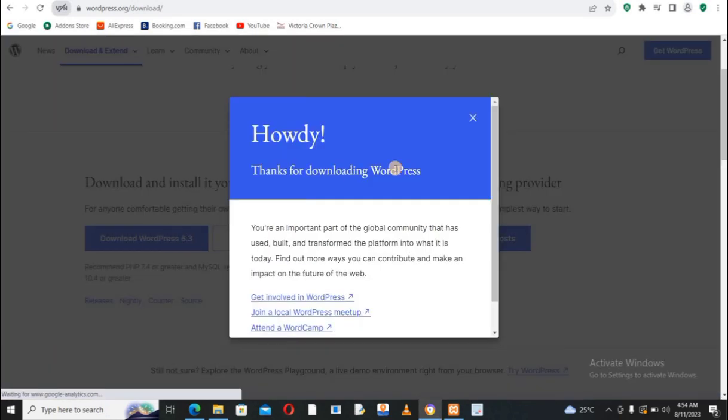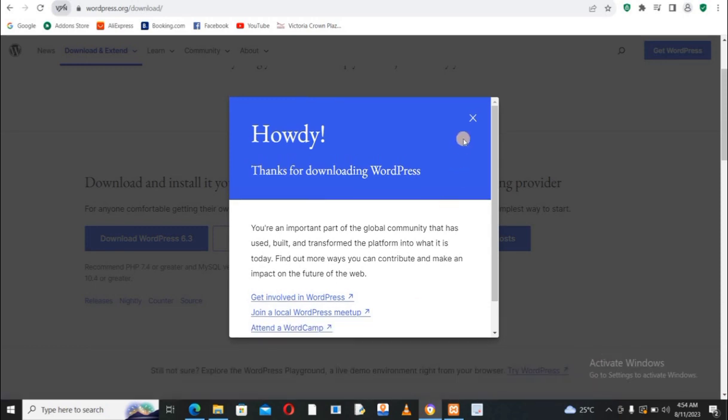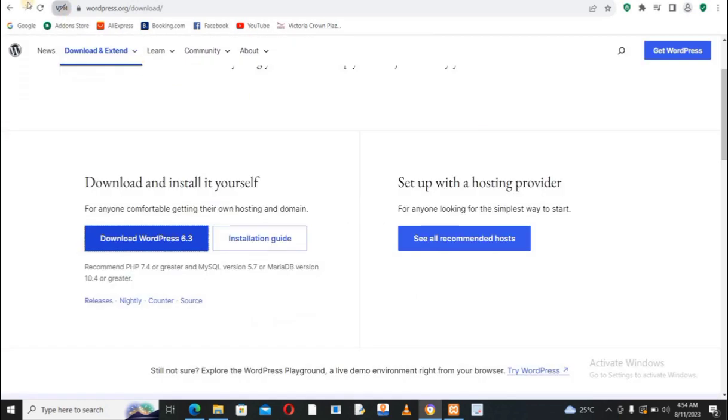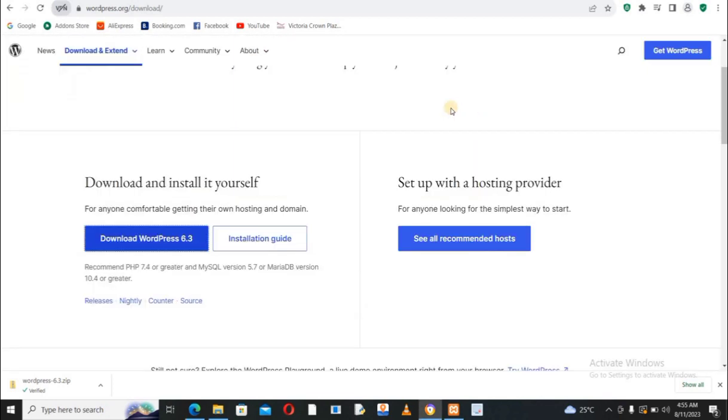if I hit on download now, you see it is still downloading, the zip file. Because I have it already, I'm going to pause it, cancel. All right, I have it already, I don't want to download that. Okay, once you are done downloading, let me download it for the sake of people. So the download has continued, so I will pause this video. All right, so I'm done downloading it,